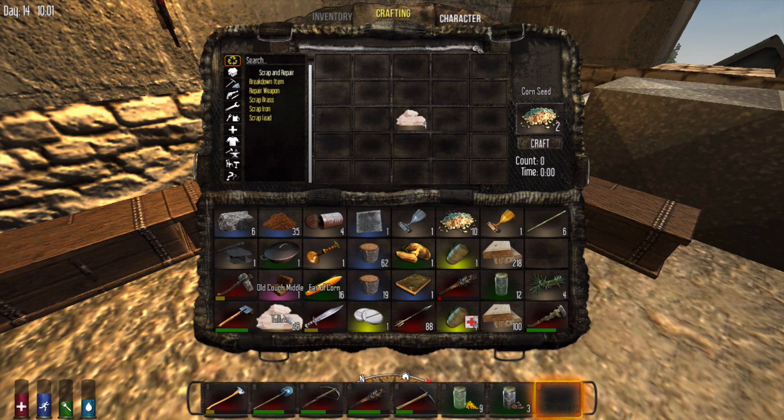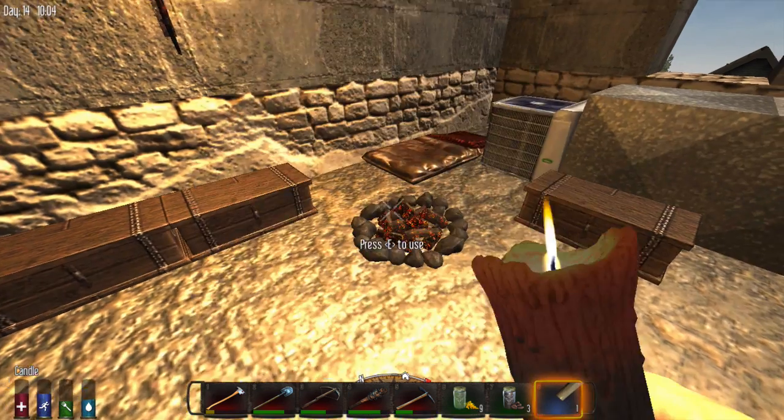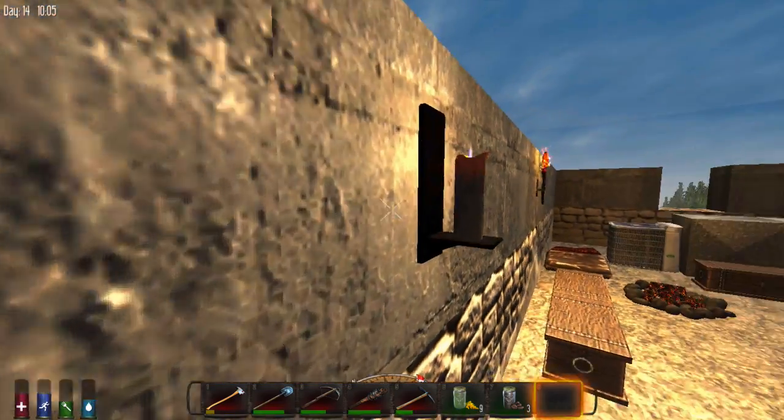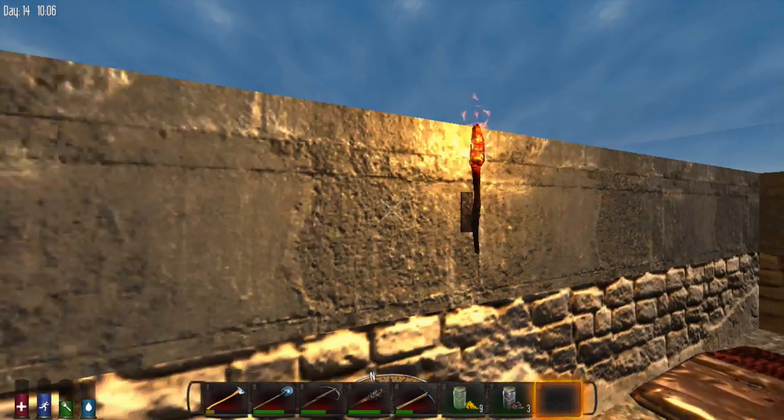And why don't we get rid of this here? And we'll put that there. And just like that, we have candles now. And I think you can just attach them to the walls like that. So thank God they don't do any of the crazy...